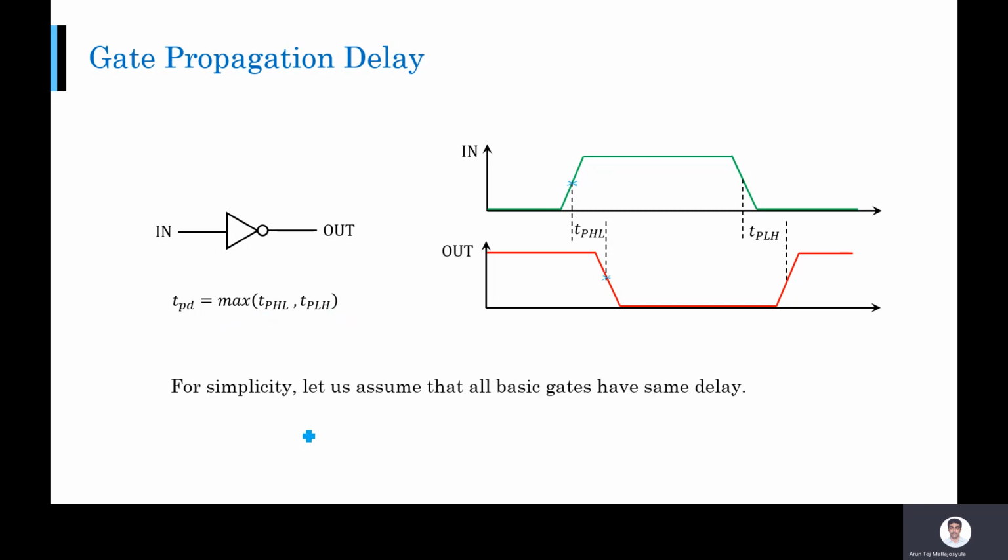For the examples that we take today, for simplicity, we will assume that all the basic gates have the same delay. This is not true in practice, but we are doing this for simplicity. So what are these basic gates? Your AND, OR, and NOT gate. We are saying all three have the same delay of TPD. Whatever circuit you are designing, if you find an AND gate, delay is TPD, OR gate TPD, NOT gate TPD. That is our assumption for simplicity. We will not get the accurate values, but we will have the proper order of magnitude. At least from the order of magnitude point of view, whatever delays we get will be fine. So that is what we are going to assume for today.